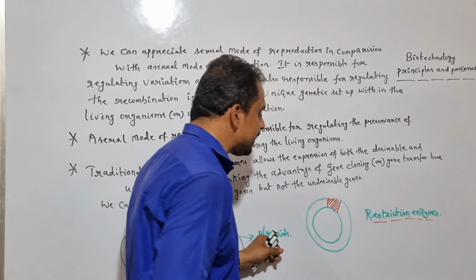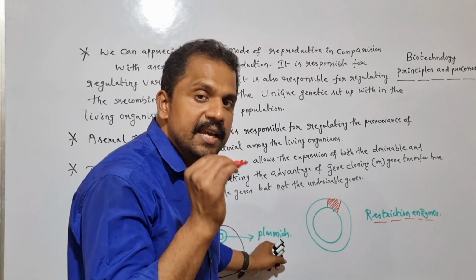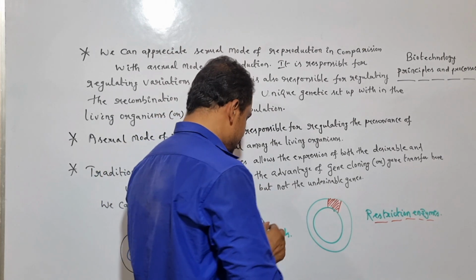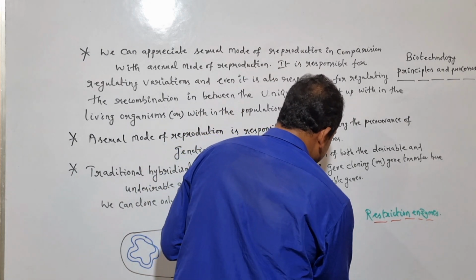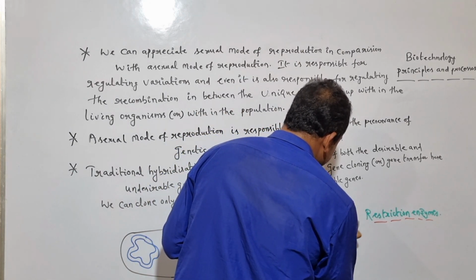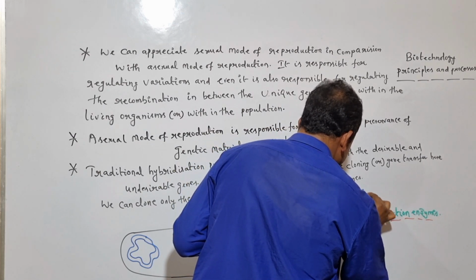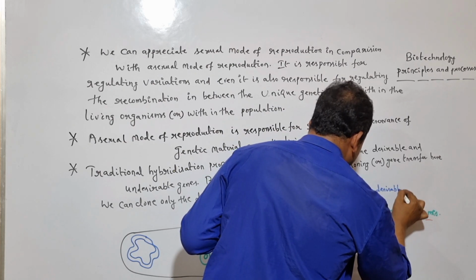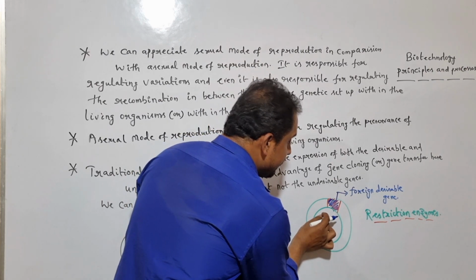After cutting the plasmid DNA with restriction enzymes, we need to insert the foreign desirable gene. So here it is nothing but the foreign desirable gene. Once we insert the foreign desirable gene within the plasmid DNA, now